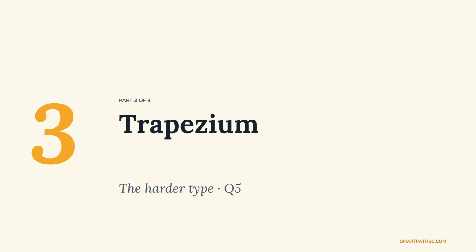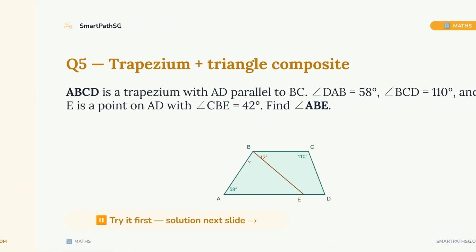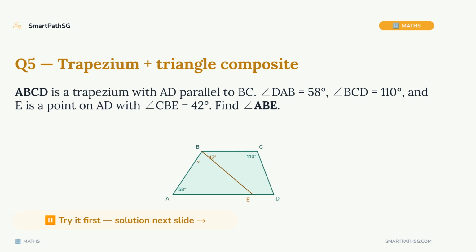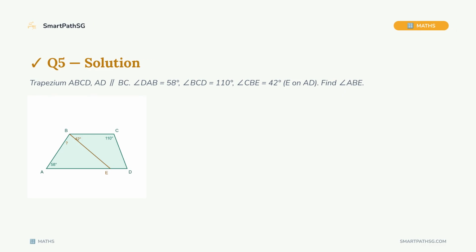Lastly, let's look at a question about trapezium. Question 5. ABCD is a trapezium with AD parallel to BC. Angle DAB is 58 degrees. Angle BCD is 110 degrees, and E is a point on AD with angle CBE of 42 degrees. Find angle ABE. Because AD is parallel to BC, angle DAB and angle ABC are co-interior, the 2 angles on